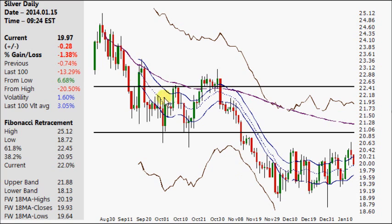Anyway, let's take a look at what I see within the chart movement, starting off from the top of 25.12 from the end of the summer of last year. Downtrend, obviously tried to break the downtrend here. The 18 average band was rising. There's a manipulated day. Heck, every day is manipulated, but throwing that aside, down day, resisting the 18 average band for a week and change, breaks down some key levels of support, bear market below the 18 average of bands